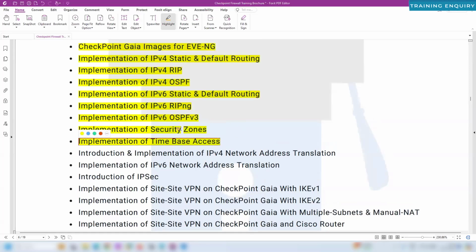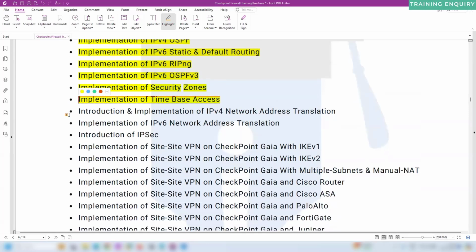After routing on Checkpoint firewall related to IPv4 and v6, we will move to our next topic, which is network address translation. In this section, we will learn what NAT is, why NAT is necessary, and the types of NAT available on Checkpoint Firewall. Checkpoint Firewall supports two types of NAT: static NAT and hide NAT. The same type of NAT implementation we will learn on